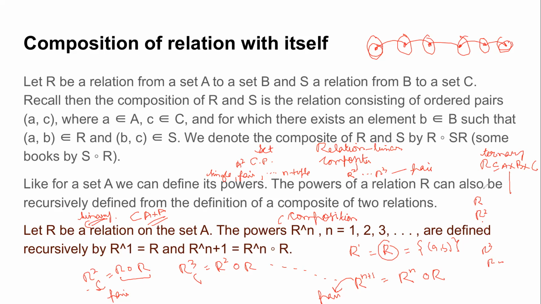Understand the generalized thing, right? Relation, if it's binary, all elements are pairs. Now I am saying, suppose instead of binary, it's a ternary relation. Excellent, it will all be triplets. Similarly, if it was an n-ary relation, then all will be n tuples. So this is something you need to keep in mind, the difference between powers of a set and powers of a relation. Is this clear to everyone? Okay, excellent.